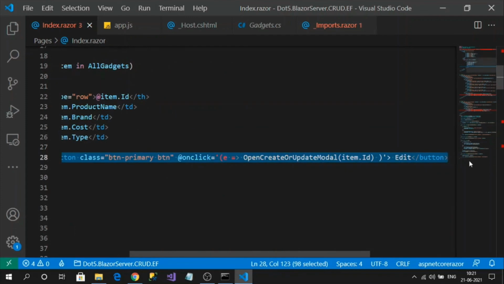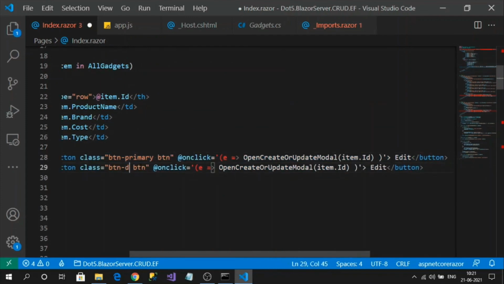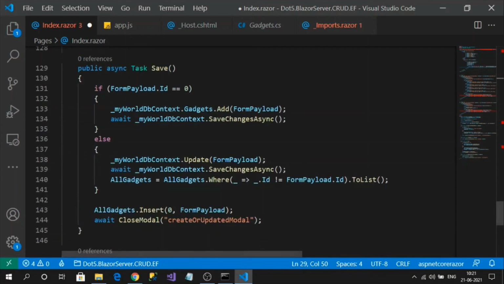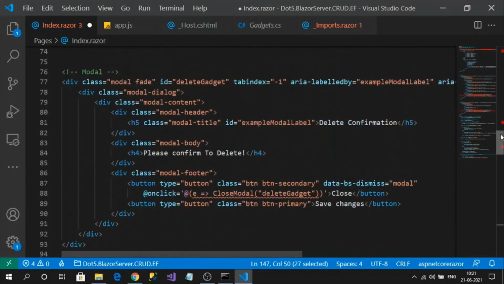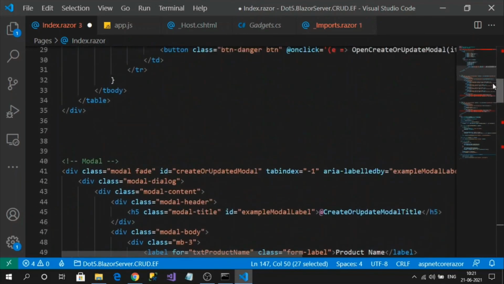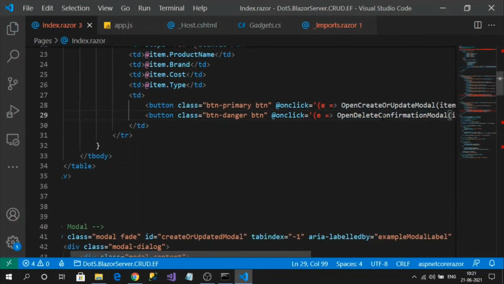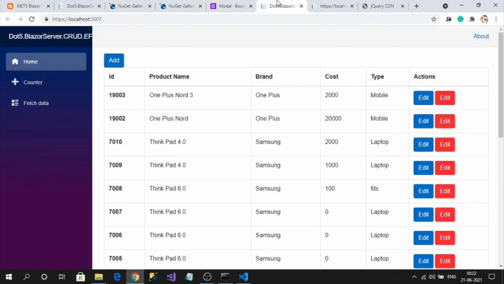I can use this one, in danger. And what is my method? The new method name. Now I think I can get the confirmation model. So let's check.